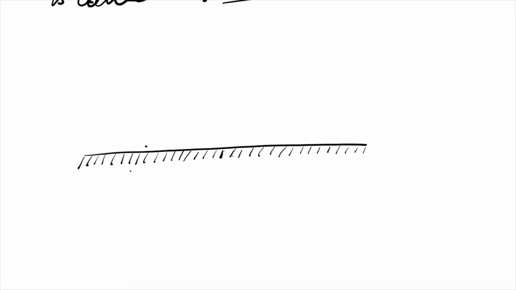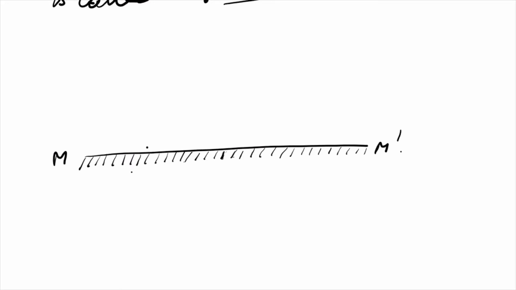Suppose we call this mirror dash. So dash is a plane mirror. Now, why have I taken a plane mirror? Because it reflects maximum light. That is why we have taken the example of a mirror.